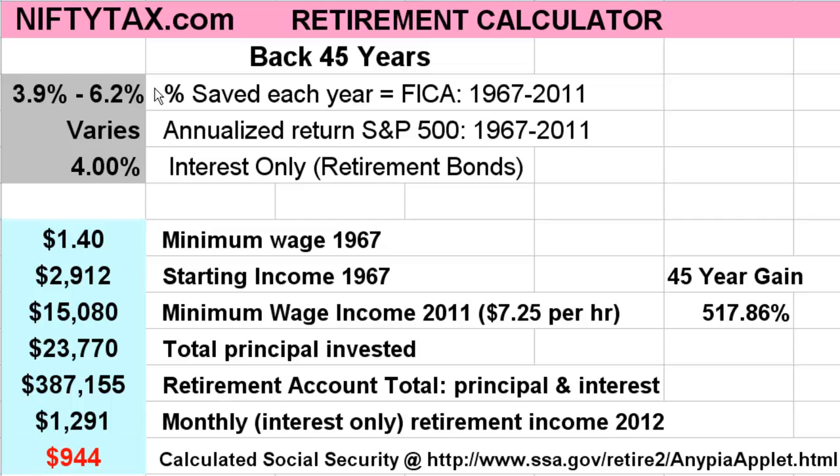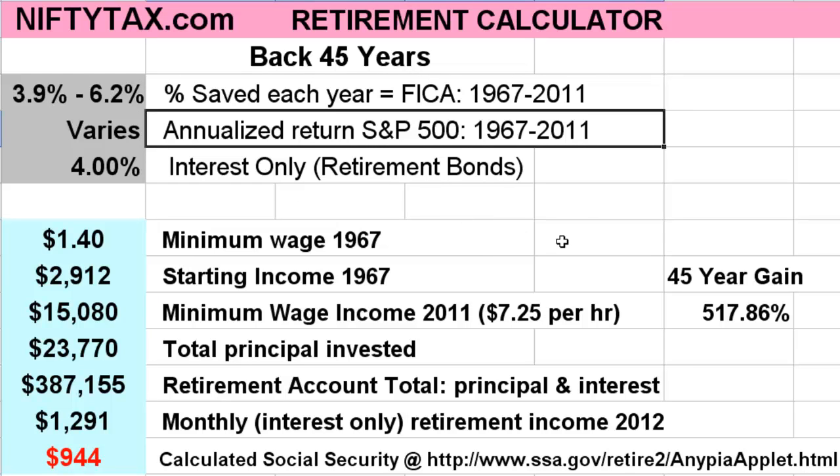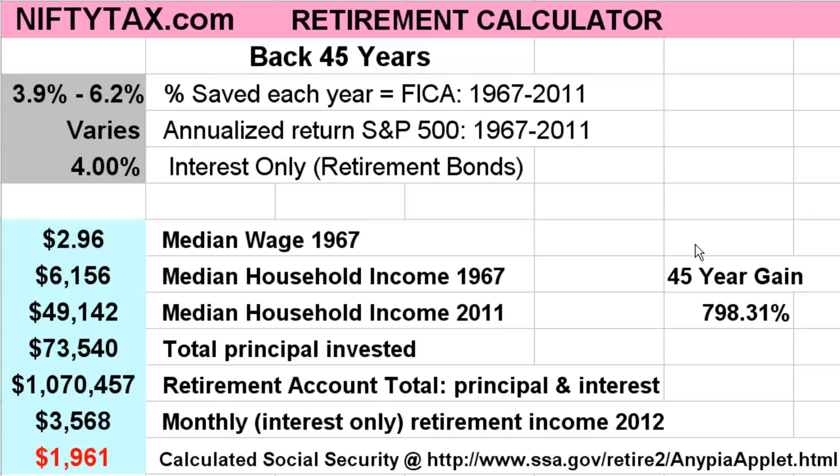These amounts are based on saving the 3.9 to 6.2 FICA tax for 1967 through 2011 and the annualized return of the S&P 500 for those same years. It computes the monthly interest-only retirement income based on a 4% interest rate. Now let's look at the median household income for 1967 of $6,156 per year. In 2011 it increases to